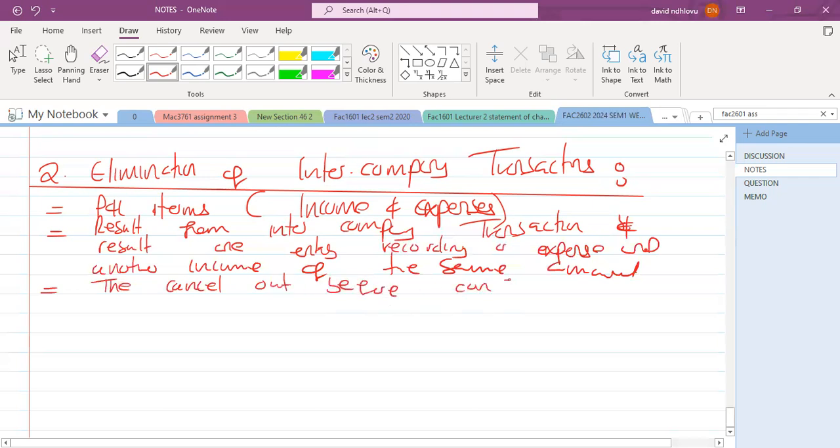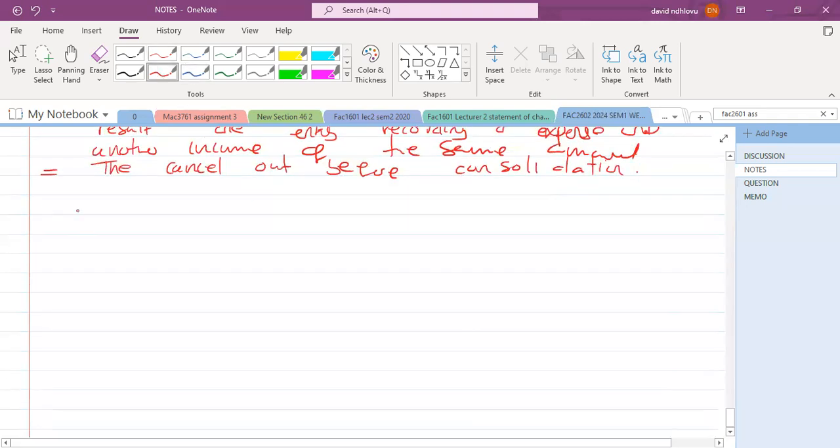Right, so it's almost the same thing. When we say common items, these are balance sheet items resulting from intercompany transactions. When one gives a loan, the other will then record a loan to, the other a loan from. But when an intercompany transaction results in one entity having an expense and another having income or vice versa, then it's an intercompany transaction. Right, then in that instance, we need to eliminate this. I'll give an example.